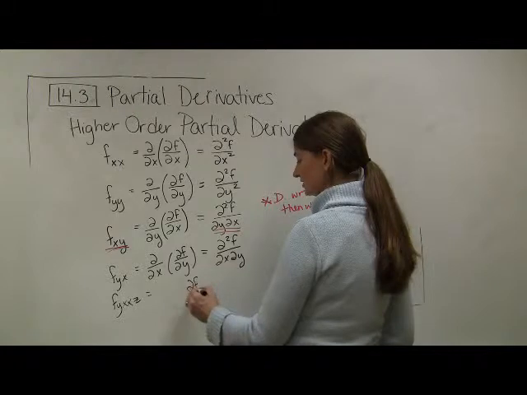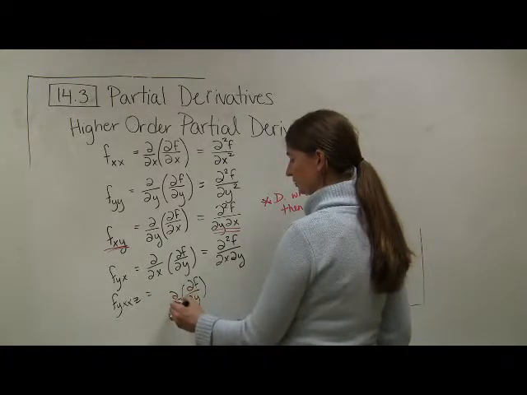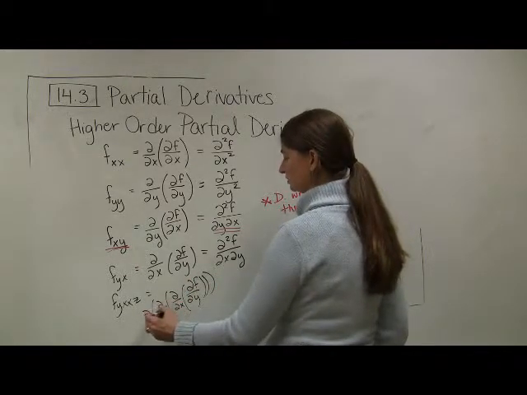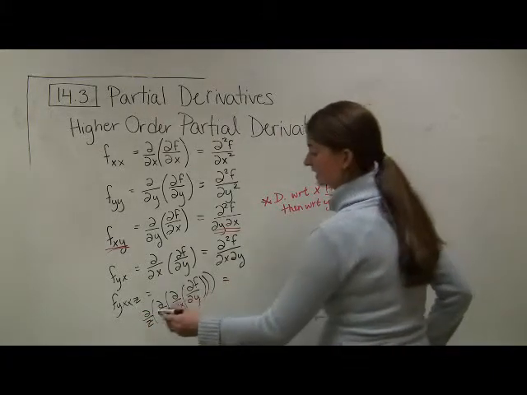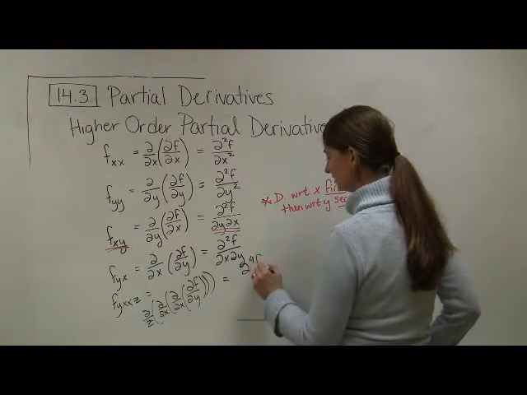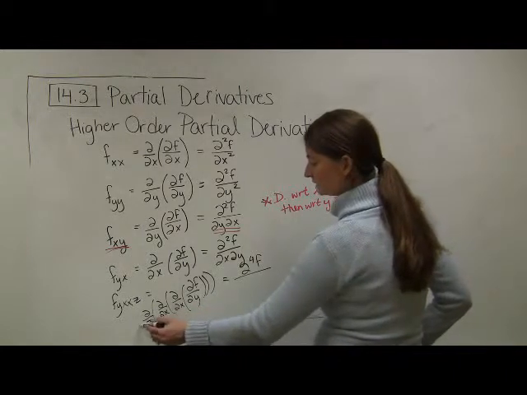The first thing that I do is df dy, and then I'm going to take this partial with respect to x, and then that partial with respect to x, and then that partial with respect to z. And if I wanted to write this out, I'm taking how many partials total? 4 of them, so it's d to the 4th of f of starting with, whoops, there should be a d